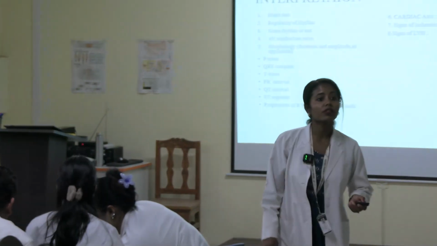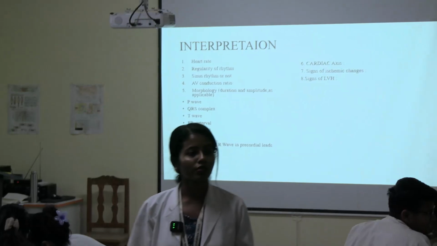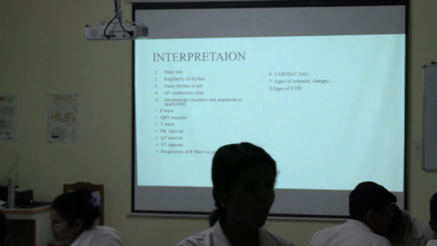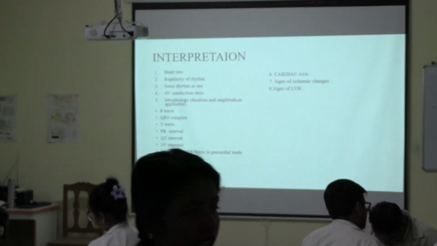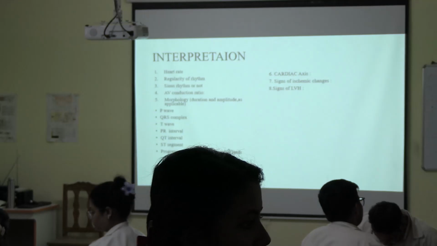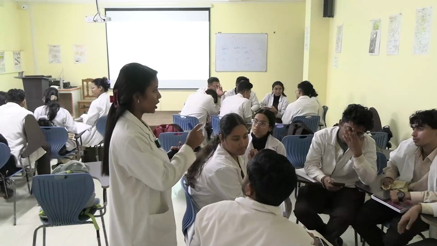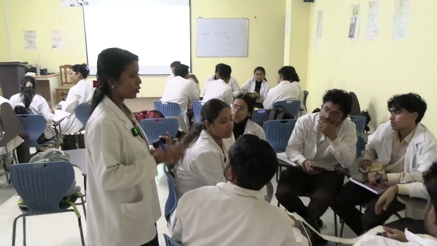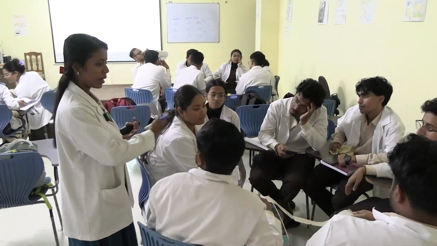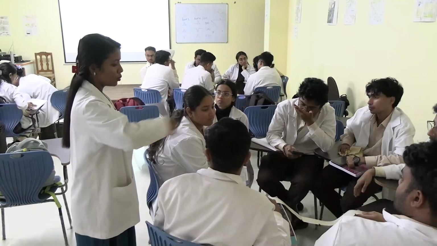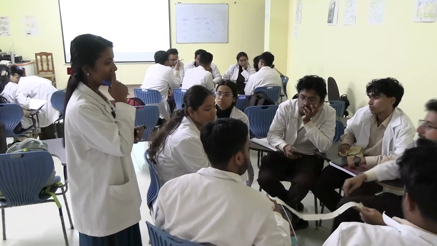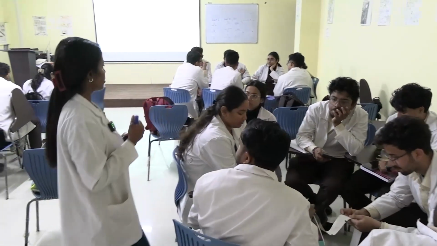So that also depends on the lead. See all the leads. If you find the change in particular leads, it depends on whether lateral leads, inferior leads, or anterior leads are involved. If you are finding that particular change in that lead, it will be related to anterior MI or lateral MI. So you have to go through all the leads. Okay? So what are the lateral leads?